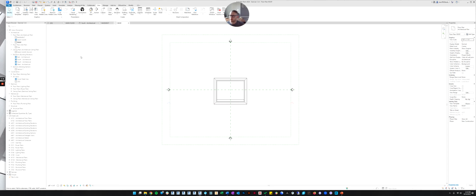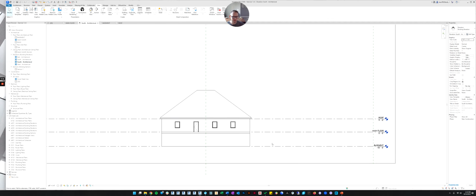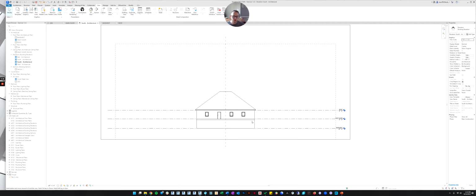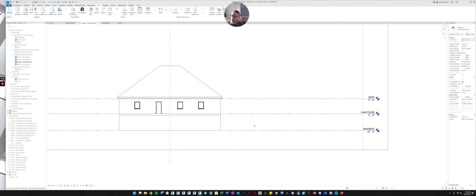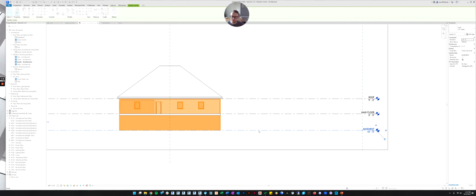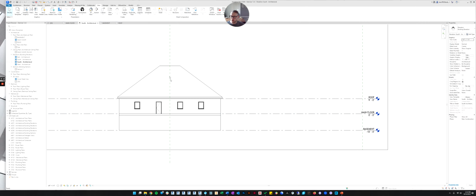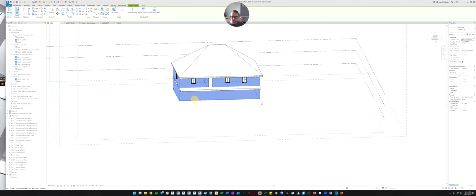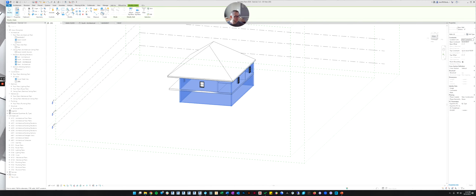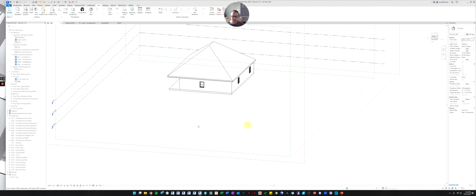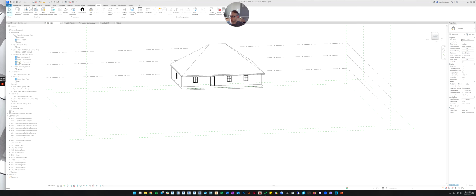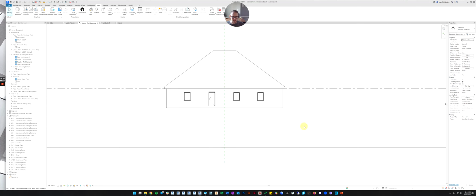Oh, I guess I should show you, there are two more ways to make a view. Let me show you those. So if we go to the south elevation, we don't need any more views in this project. So let's just delete our basement level. And it's going to tell you, oh, okay, let's cancel that actually. I'm going to take all the walls and put them back on the main floor like that. And then we'll go to our south elevation and then I'll delete it.